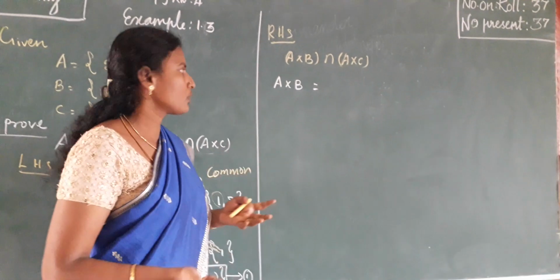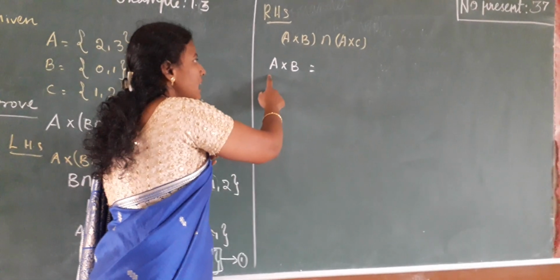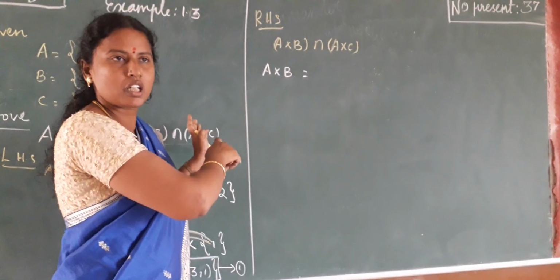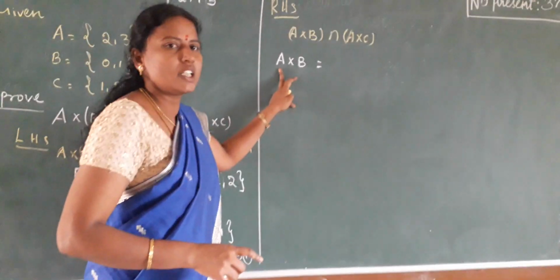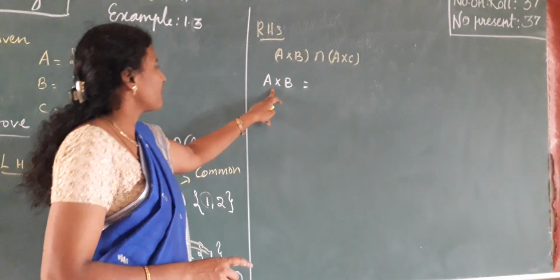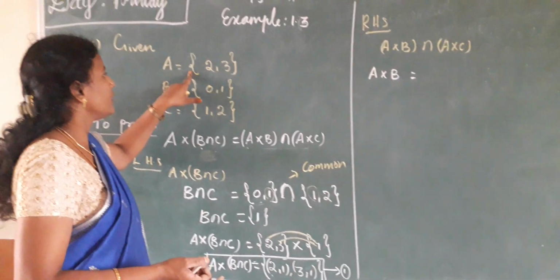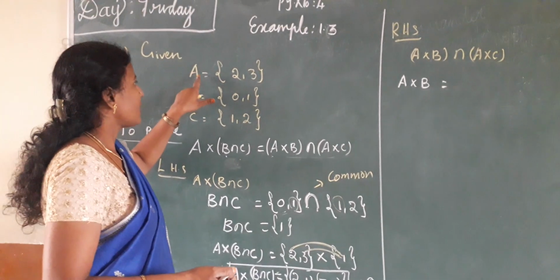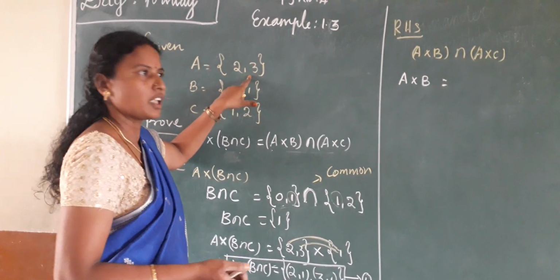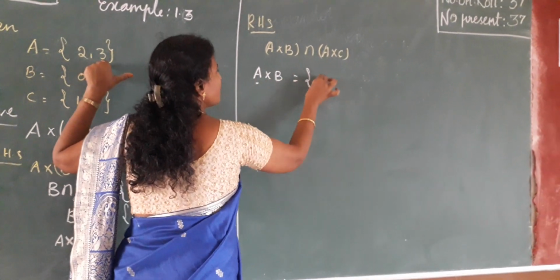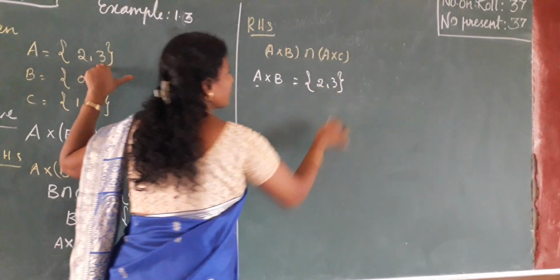Then next, which one do we have to write? The A value is given in the question and the B value is given in the question. So you have to apply the values. Okay, where is the A value? Already you wrote it first, no. What is the A value? A is equal to 2, 3. So instead of A, what should we write? 2, 3. Write it. Clear?